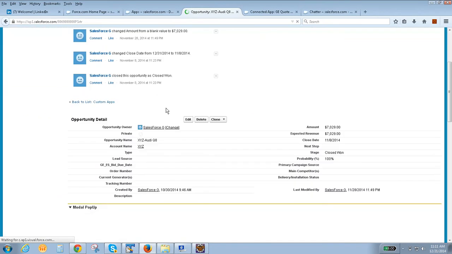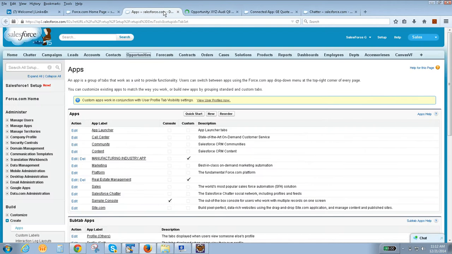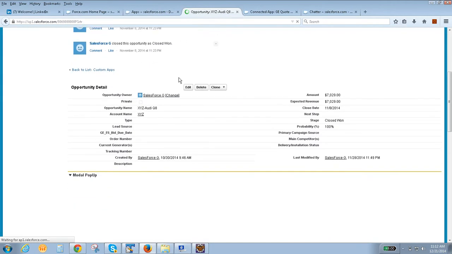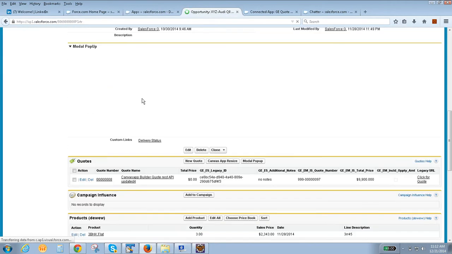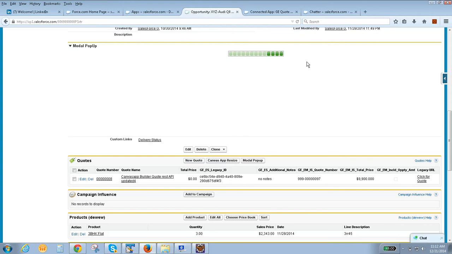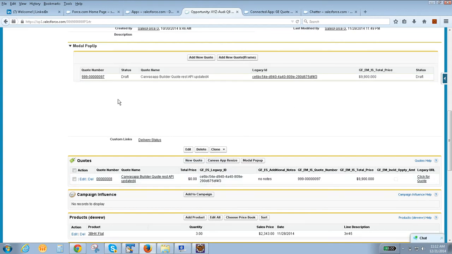Let's say the opportunity is there. I have used that particular Canvas app within my opportunity. Once you create a Canvas app, we can put that same Canvas app in an inline Visualforce page also. We can also add that Canvas app to a custom button.